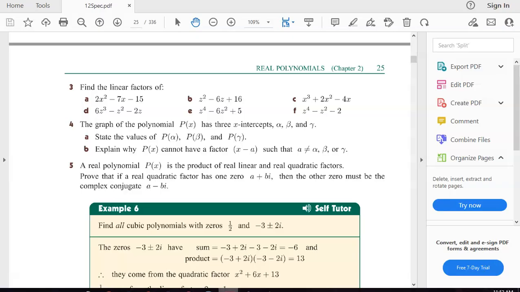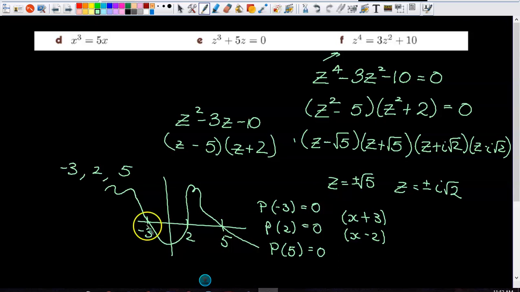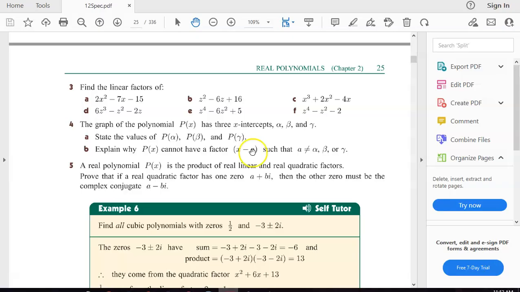And so all this question is saying is it can't have a factor of x take a, because they haven't told you that a is an x-intercept, a 0 or whatever. So in the past, a lot of students have got worried about this question when it was really nothing to be concerned about. It was just worded poorly, and I would say their variables were chosen poorly. Does that make sense?